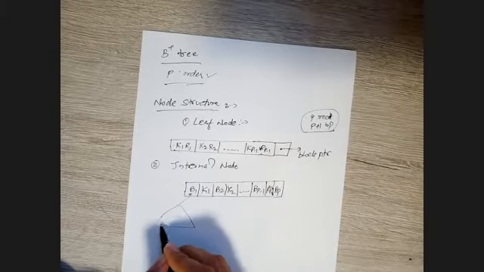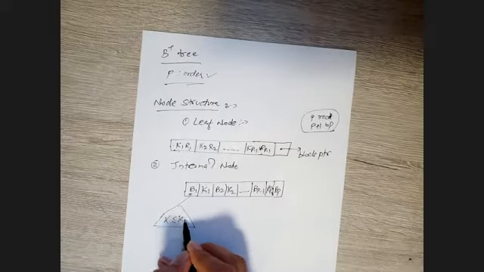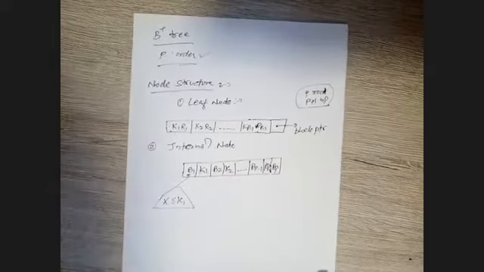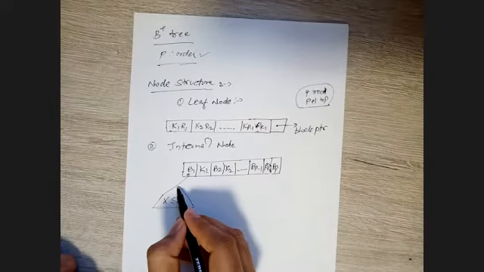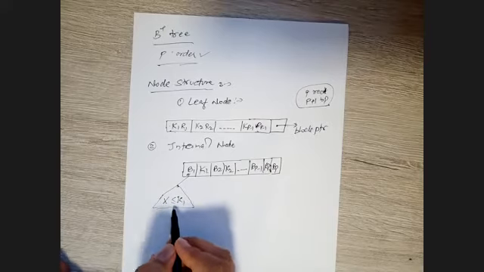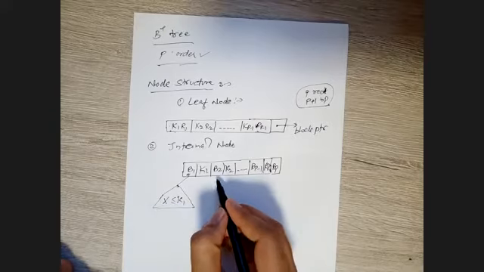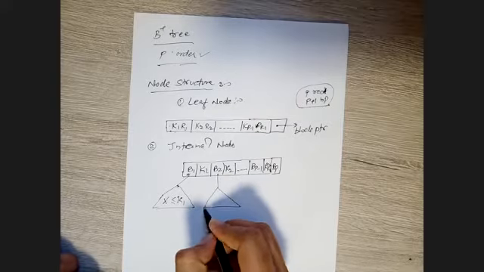Understand one thing: in the splitting part of the B plus tree, we split the internal nodes and the leaf nodes. The splitting is basically divided into two categories. One is called left biasing and the other is right biasing, right? Left biasing means whenever you split and get the new node, you keep a copy of your value on the left side of your node. So that is your left biasing. We will understand the values with the help of an example.